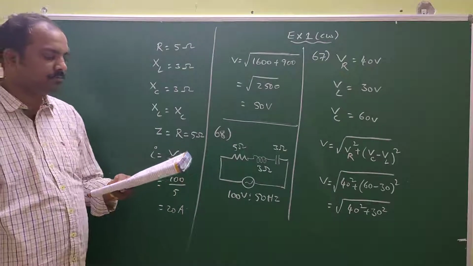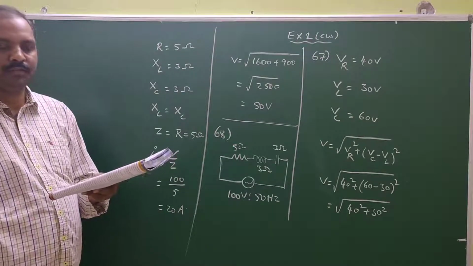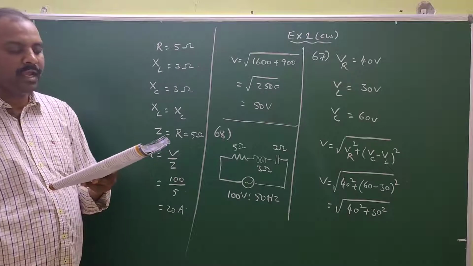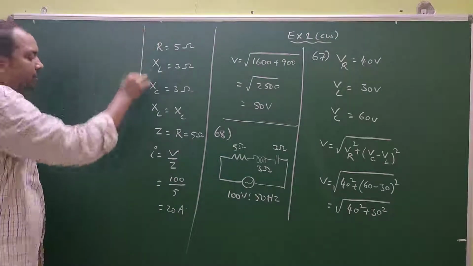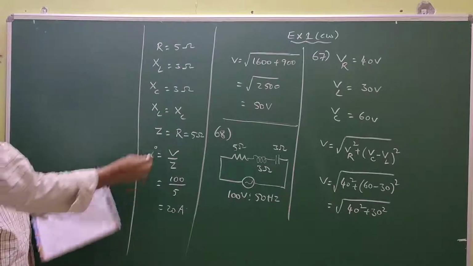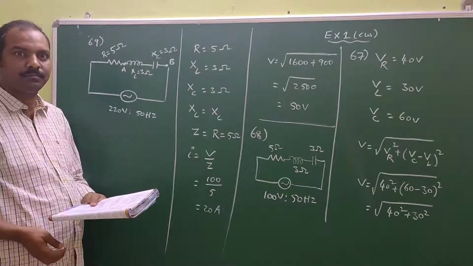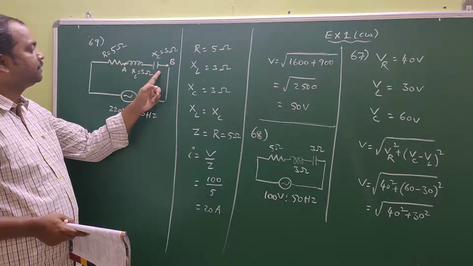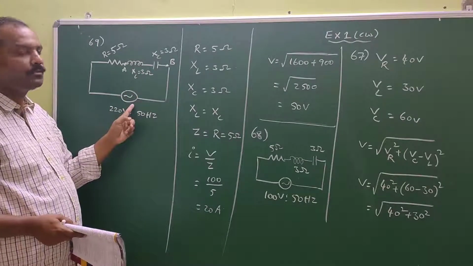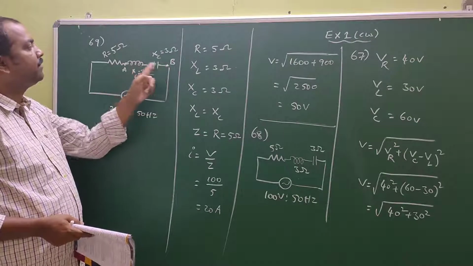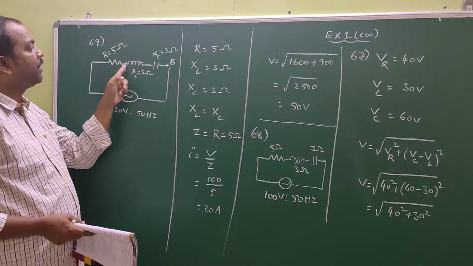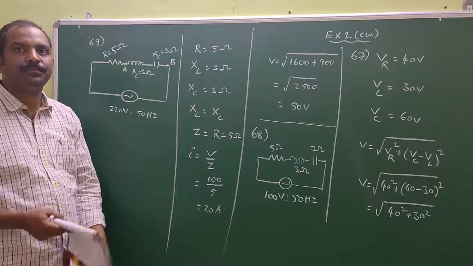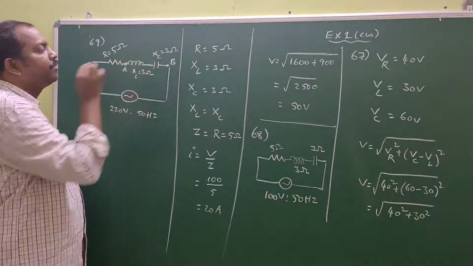Now the next question: in the LCR series circuit as shown in the figure, the potential difference across A and B? See, in an LCR series circuit they give the circuit with a resistor, inductor and capacitor connected in series to the source. Here they are asking the potential difference between A and B. So this is the point A and this is the point B. What is the potential difference between these two?